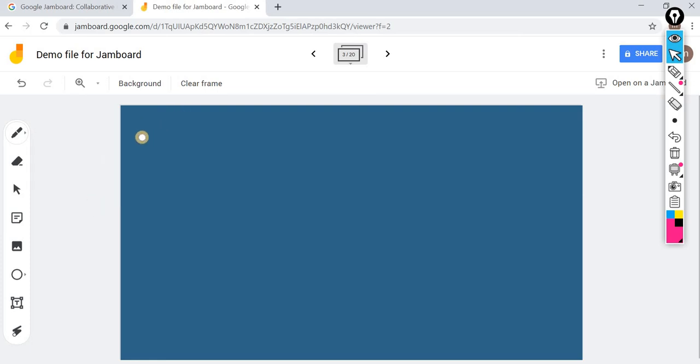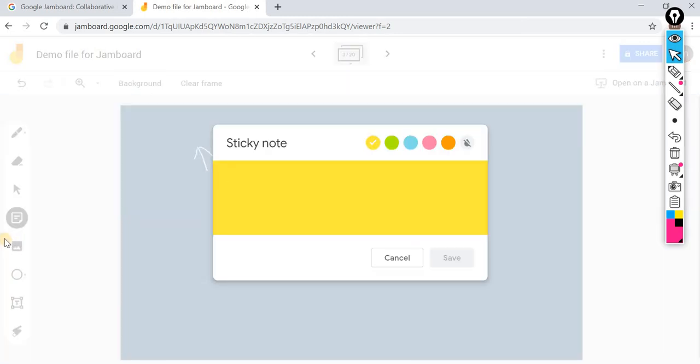Now let me explain the third thing, that is this arrow mark. This particular arrow mark which is shown here is for selection, and I'll come to this later. Now, oh, I got it, this is a sticky note. Yes, fine. I was thinking about uploading a file, but it was not like that. It is for a sticky note.